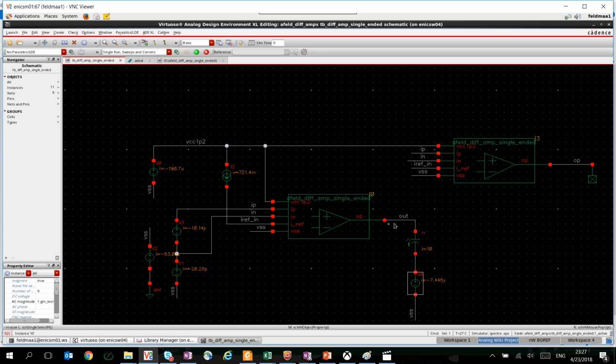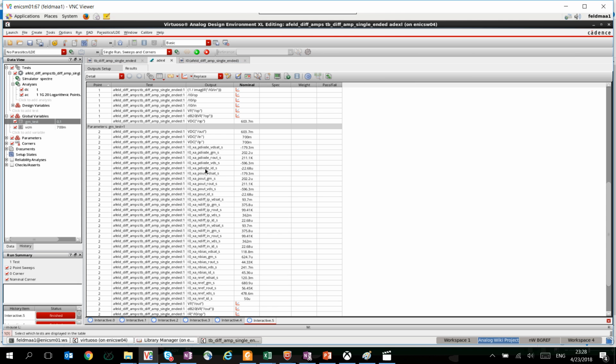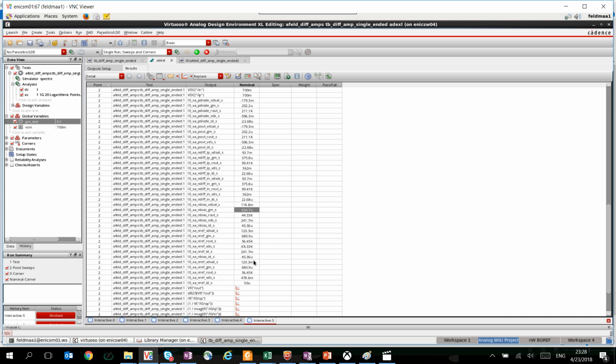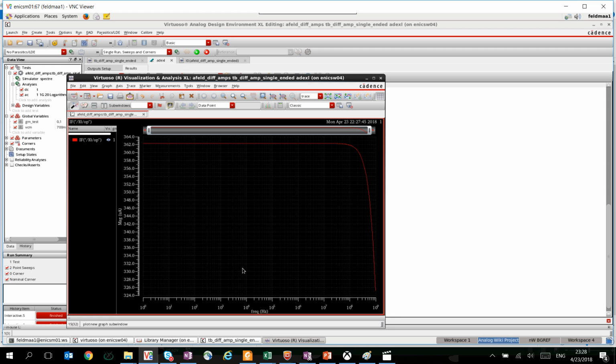So again, I out was right here, and V in was the AC voltage on the operation point here, and the magnitude was 1 volt, and V out was 0. So that just simply is saying if V in was just 1, so we're just measuring I out. That's all we have to measure. It's very easy. And if we look here, so we're going to measure I out for the GM test, and